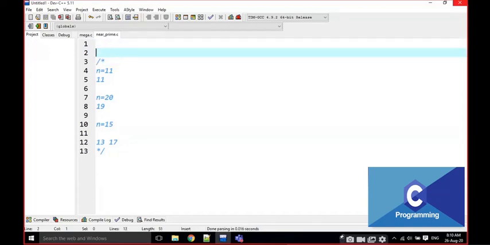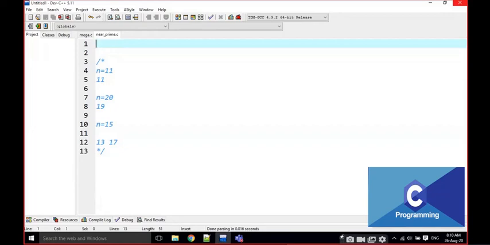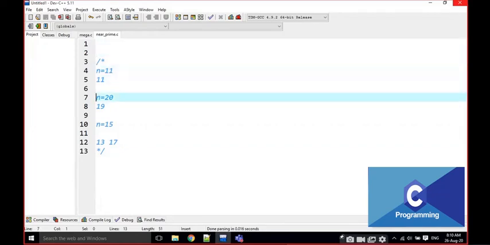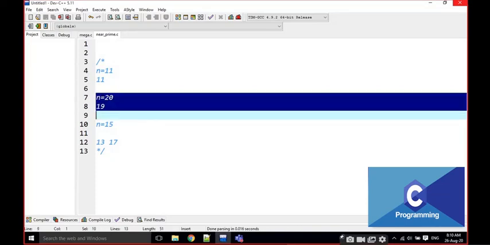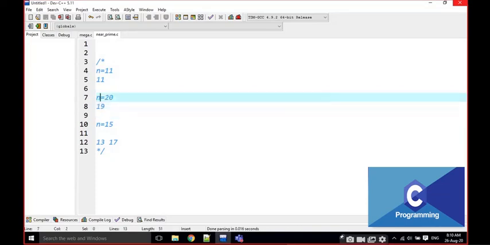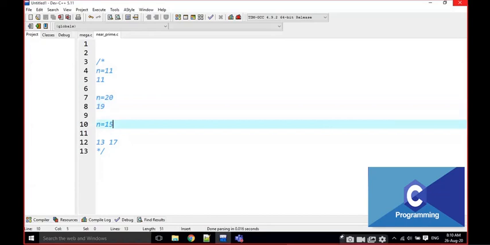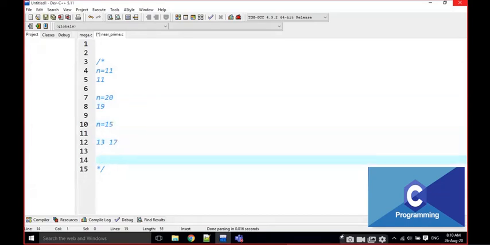Okay, we already know how to write a prime logic using the SQRT function, right? Using the SQRT methodology. Now what is my plan here? My plan is going to be to check if n is prime.